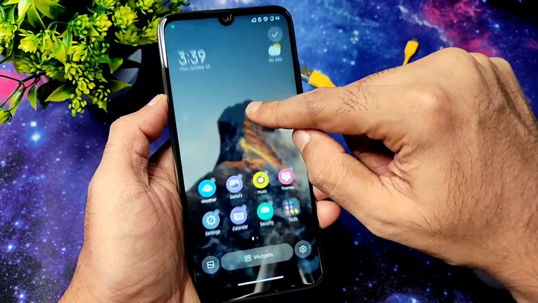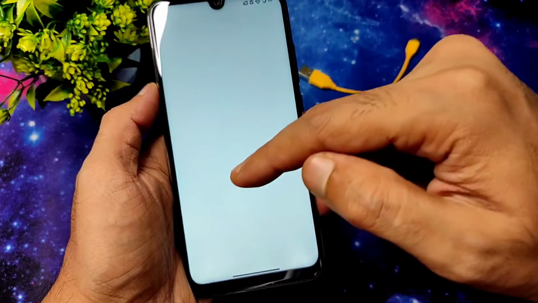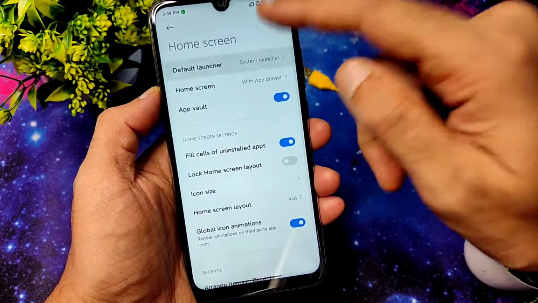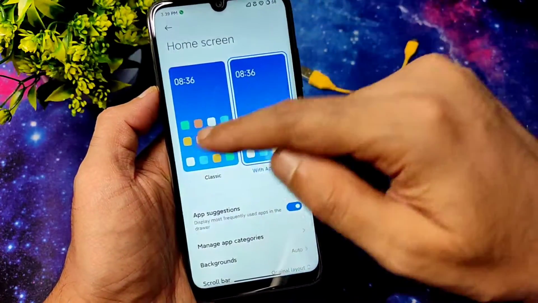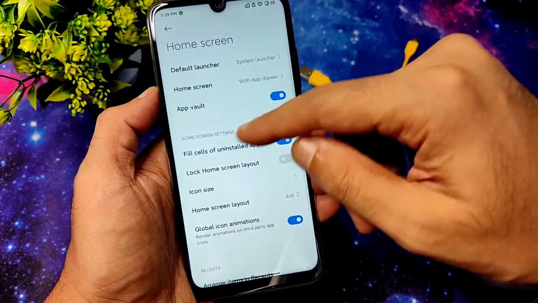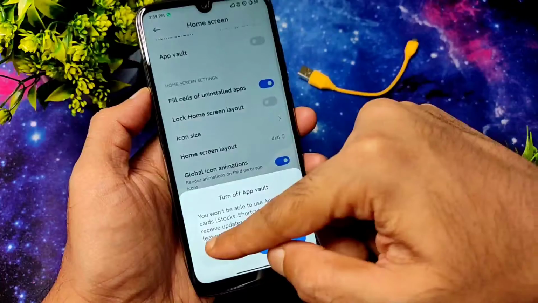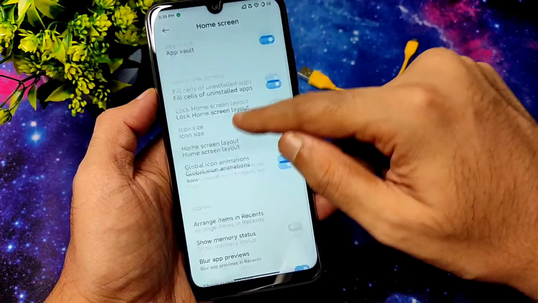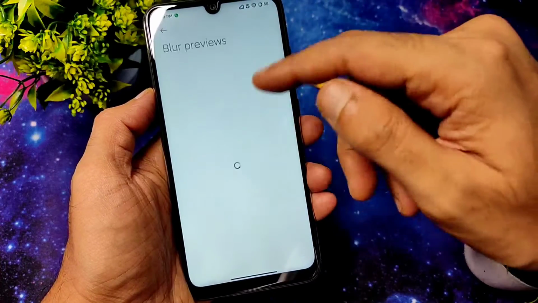And if I go in here, widgets are there and more you can choose. As you can see, the default launcher is this one, and for the home screen you can choose between the app drawer, that's the same thing, and app vault is there. No option to change here, like the -1 screen. And show memory status and blur app previews are given.